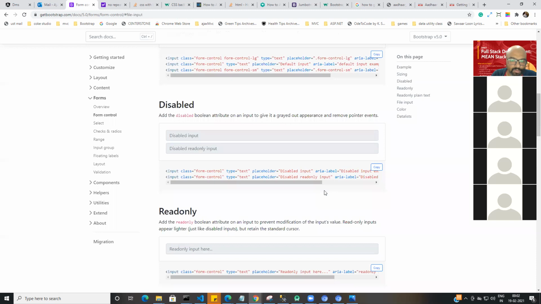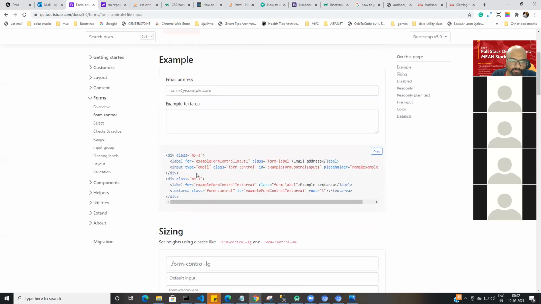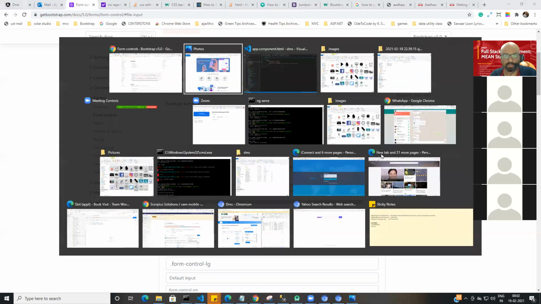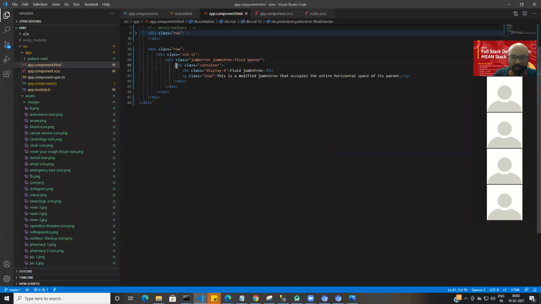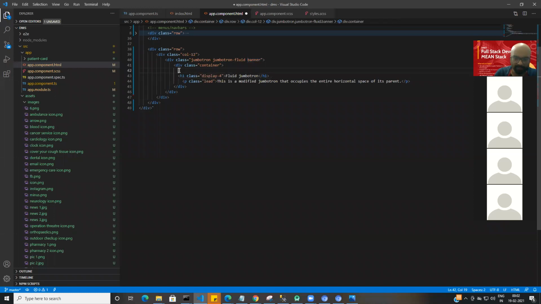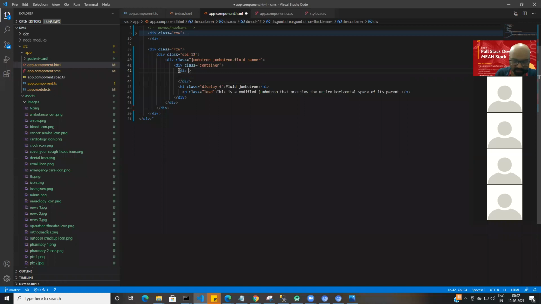Okay. So what I do is I'll take the form like this, copy, and now in the container I will make a row. Inside the container, make a row and divide the row into two columns, right?